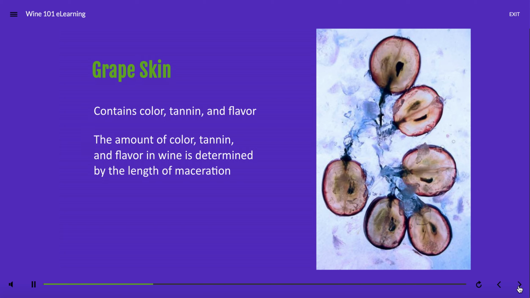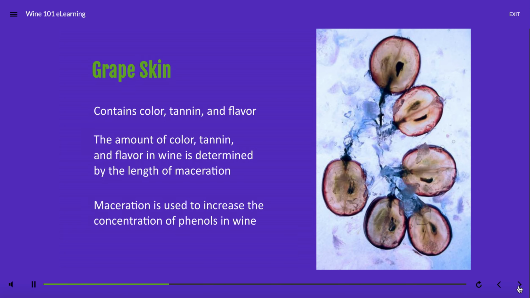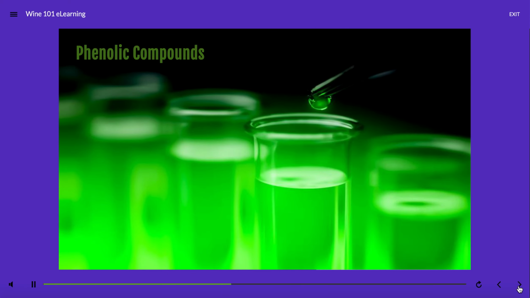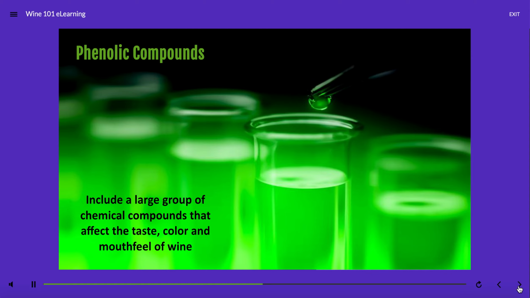In winemaking, the process of maceration, or skin contact, from grape skins, seeds, and stems, is used to increase the concentration of phenols in wine. Phenolic compounds, natural phenol and polyphenols, include a large group of chemical compounds that affect the taste, color, and mouthfeel